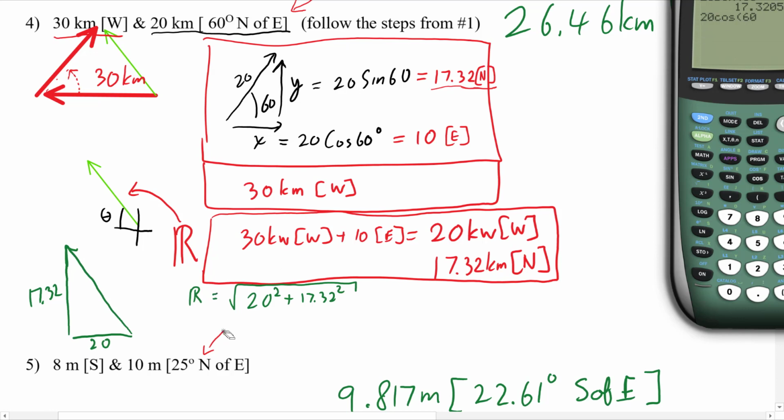And we have to do then the inverse tan to get the angle. The angle, which angle are we looking at? Let's draw it in red here. It's that angle there. And that angle will be the inverse tan of the y, 17.32, divided by the x, which is 20. And Mr. Calculator says,